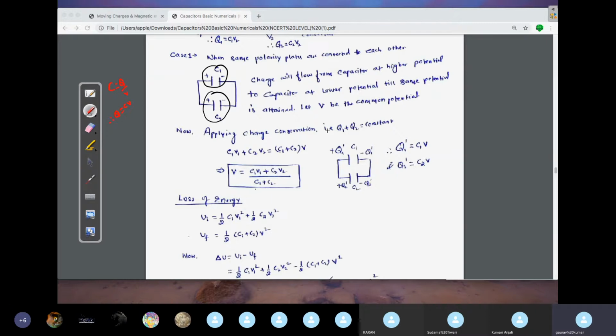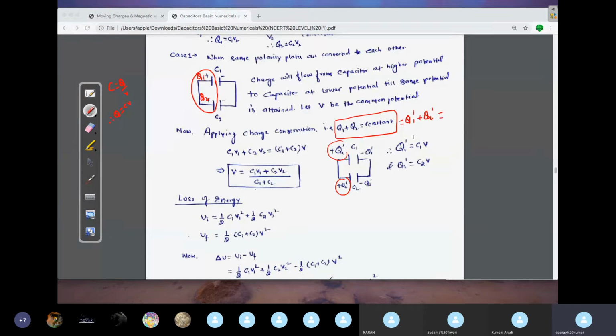So applying conservation of charge, what is the charge that you have? If you see the charge on these two, or let's say on this conductor, here you have charge Q1, here you have charge Q2 in the beginning, right? The charge will remain constant. This Q1 plus Q2 will remain constant. It's not going to change, right? So after sharing of charge, let's say the final charge becomes Q1 prime, and here it becomes Q2 prime. So this will be the same as Q1 prime plus Q2 prime.